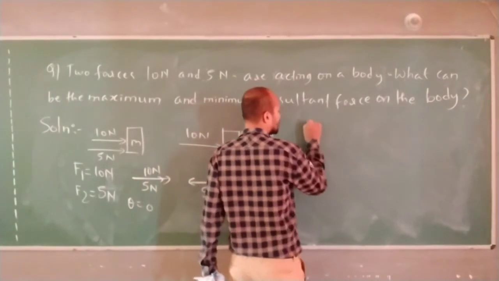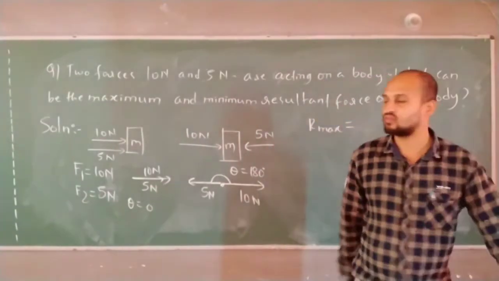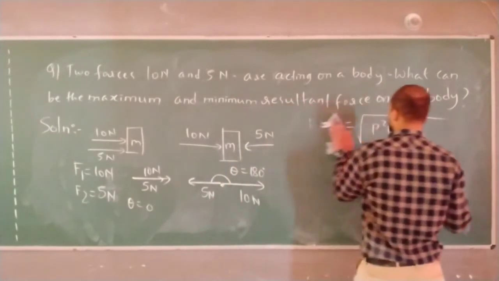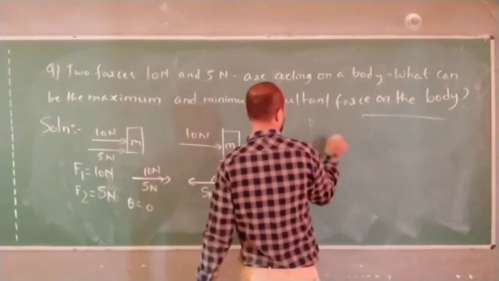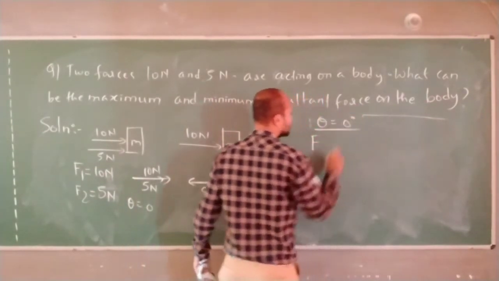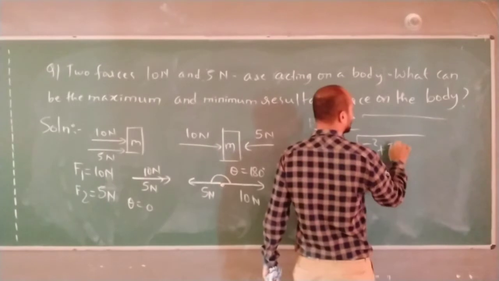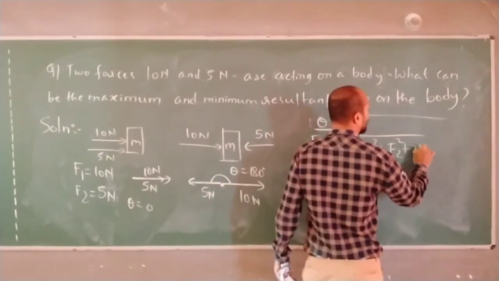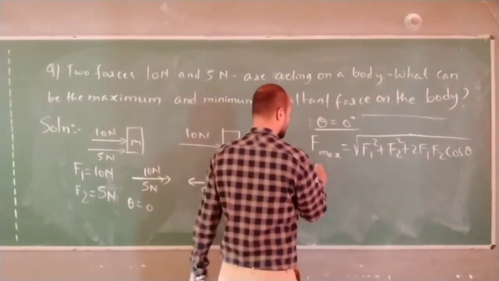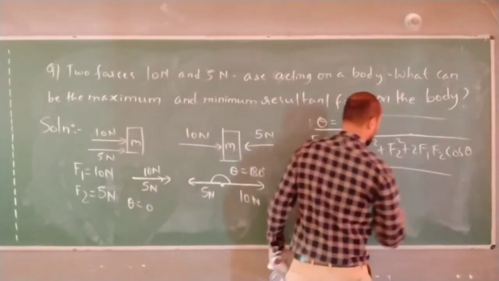Let us consider R max. What is that? Already I saw it. Maximum force, root of P square plus Q square. In this case, the resultant force of these two will be, when theta is equal to 0 degree, F max is equal to root of F1 square plus F2 square plus 2 F1 F2 cos theta. This makes F max equal to root of